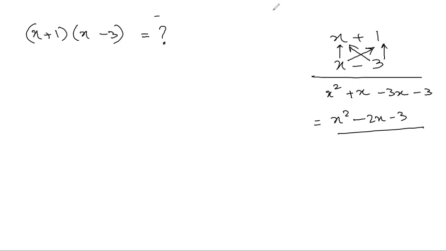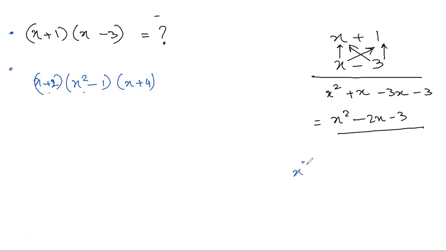Now let us say I give you a little tougher one. (x plus 2) times (x squared minus 1) times (x plus 4), and you have to expand this and tell me the result, and there are options. How do you solve this? There are three ways, and I'll explain all of them. First, the normal way is to brute force multiply. So (x plus 2) times (x squared minus 1).